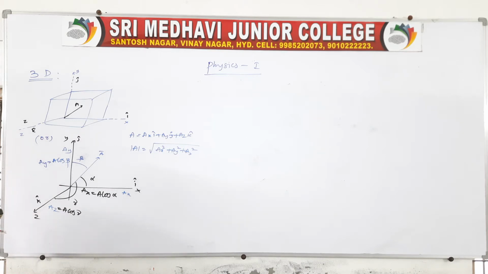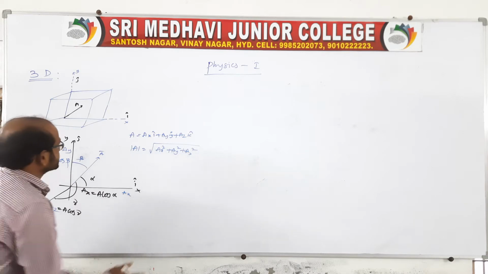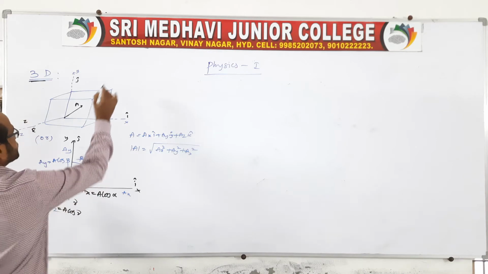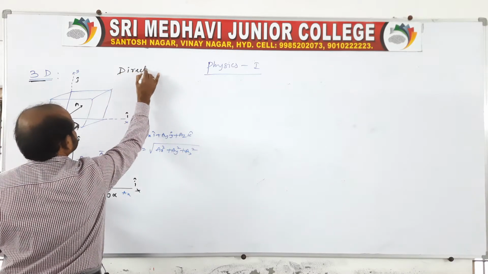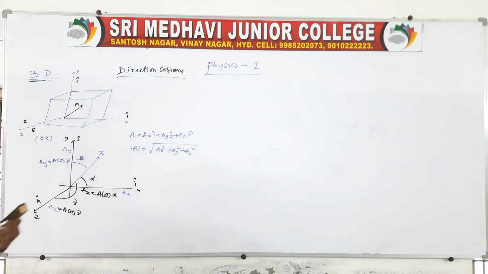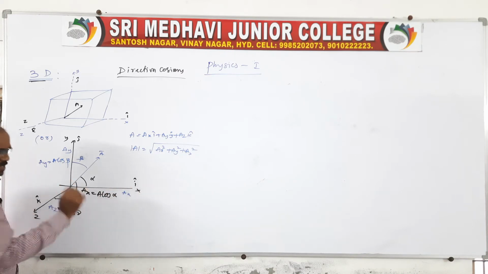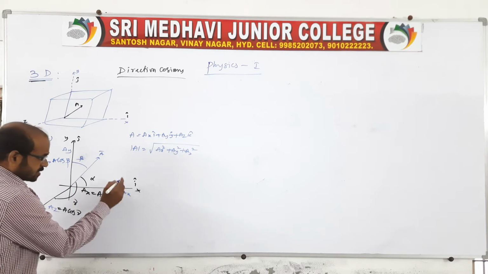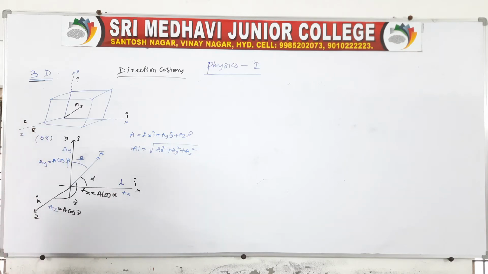And I'll tell you another one also. In general, this is for 3 dimensions, and we can also call these direction cosines. Direction cosines means along the x-axis one direction is represented, along the y-axis another direction, and along the z-axis another direction, because the x-axis is represented as A cos alpha, that we can call the cosine angle. So, here along the x-axis, the direction cosine is represented as L.